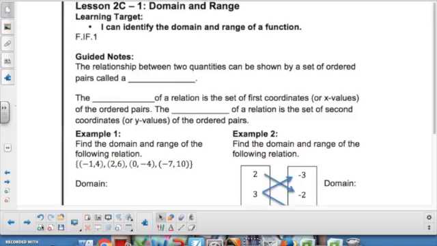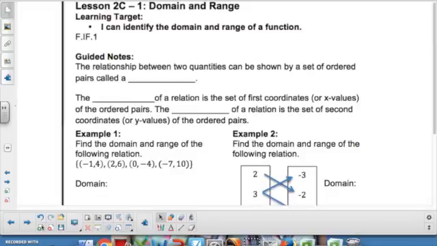Right, now that we are thoroughly practiced in solving all sorts of linear equations, both single variable and two variable or more systems of equations, we're going to start looking at what it really means to be linear, so the different characteristics in a linear equation. So let's go. In this first lesson of Unit 2C, we are going to be focusing mainly on domain and